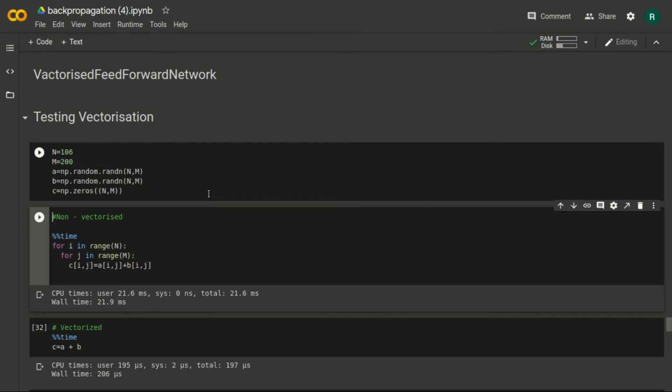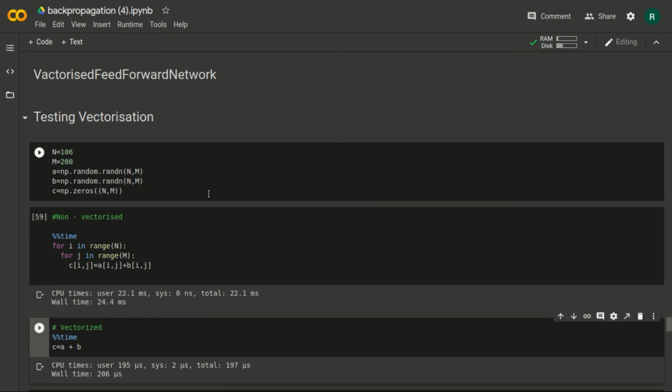Let's do it, and first see the non-vectorized version. We are seeing the time it takes to add both. We initialize two n by m random matrices. In Python we call them lists, but in mathematical terms they are n by m matrices. We initialized them randomly and then we added them.